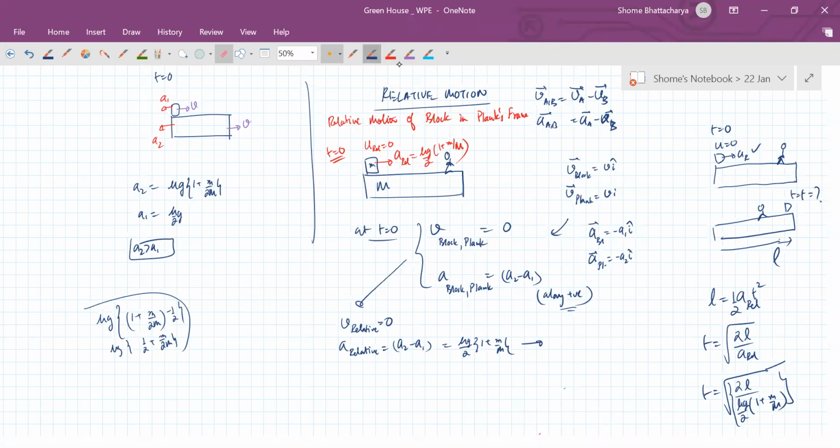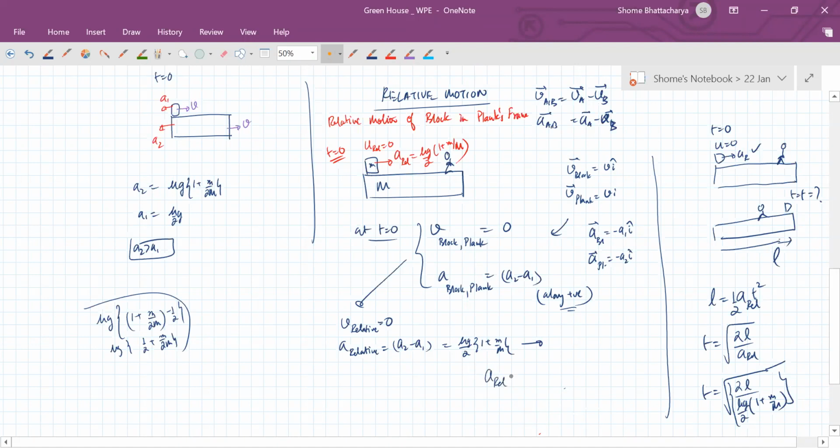Now, once you got that relative acceleration, the next step we are just using kinematics. This A relative you got. Now just use the kinematics. U is 0, so displacement is half A T square. But in the relative frame,